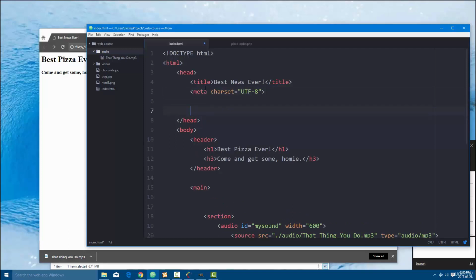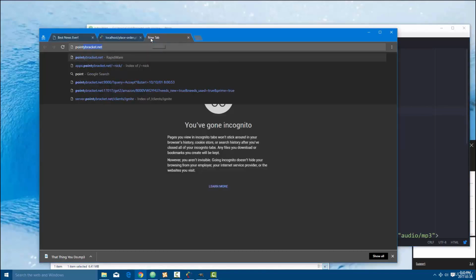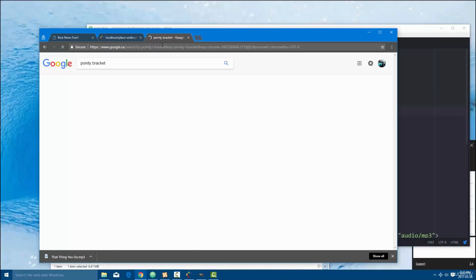So the next one we're going to discuss is very important for SEO, and it's a description. Now the description meta tag is going to be used for search results. For instance, when your website is scraped by Google, Google's bot is going to look at the description meta tag, and if it's appropriate, it's going to use that tag as the little blurb that you see on Google results. So let's go ahead and look up